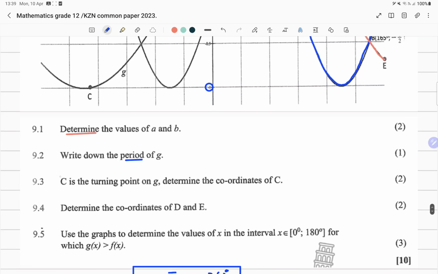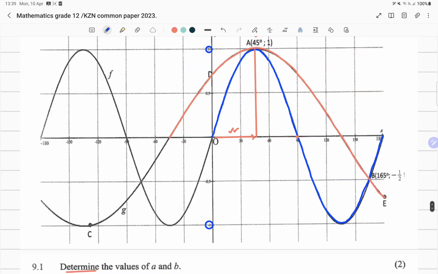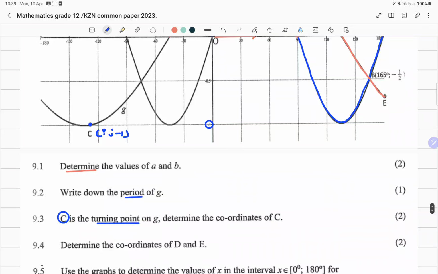We're told here C is the turning point of G. Determine the coordinates of C. Now, we know that here the value of y is -1. But then we don't know the x value. So it says determine the coordinates of C. So this one is easy. Again, you can just use an algebraic calculation,